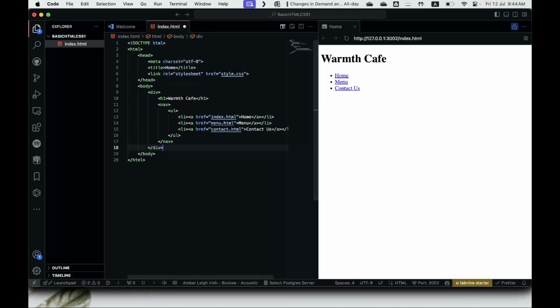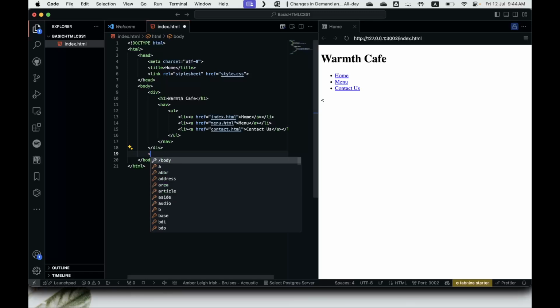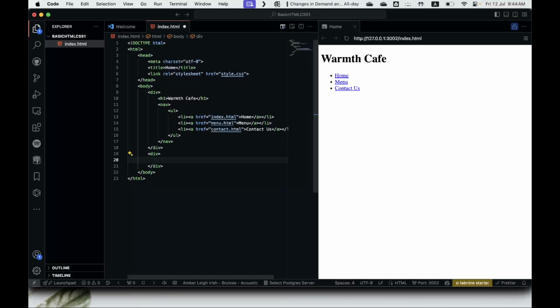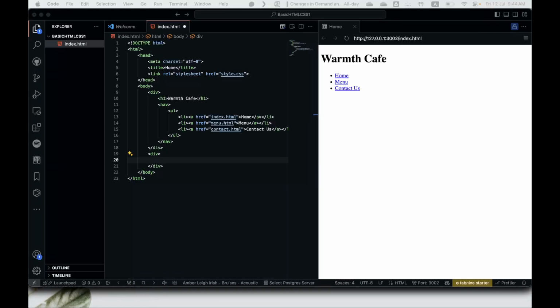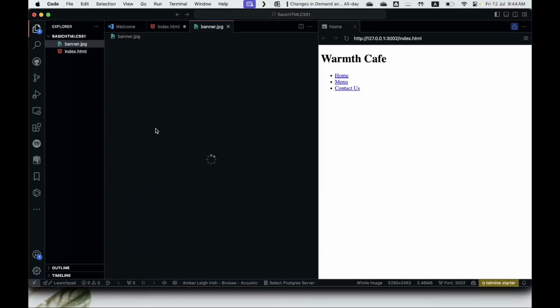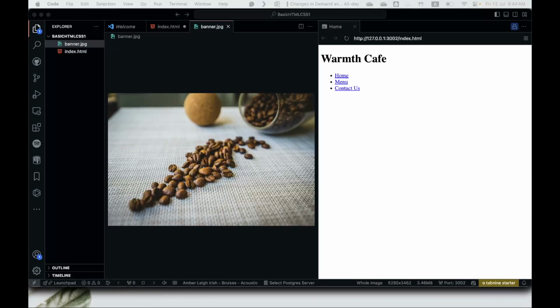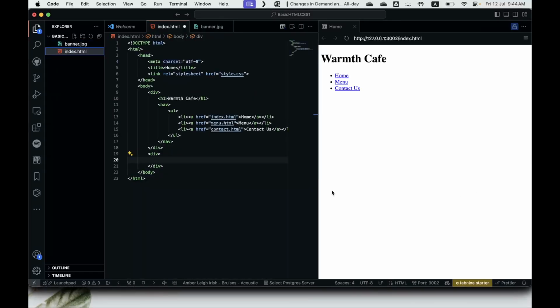So we want to get out of this container, and we want to create a new container. Basically, in this container, let's add an image. We can get any image from an online website, and we're gonna put it into our index.html. So in order for us to do that, we're gonna call the image tag, and inside this image tag we're gonna link